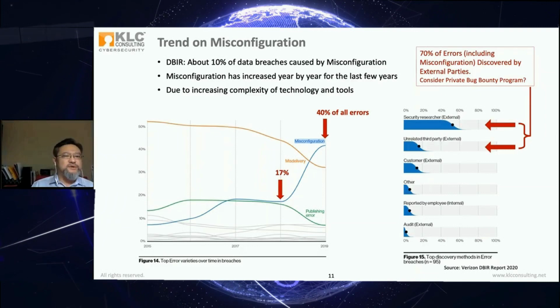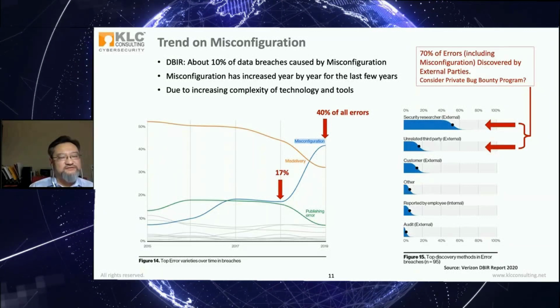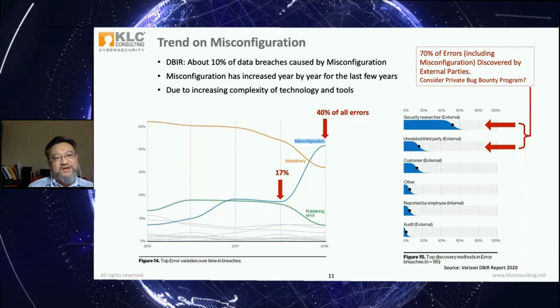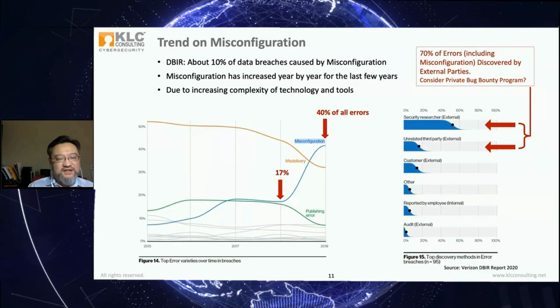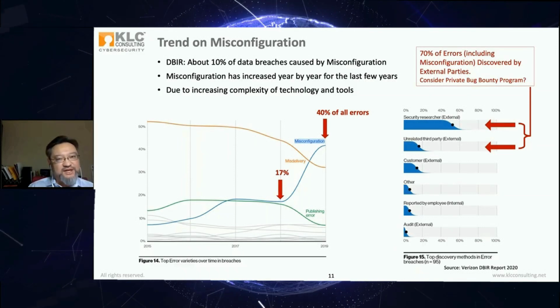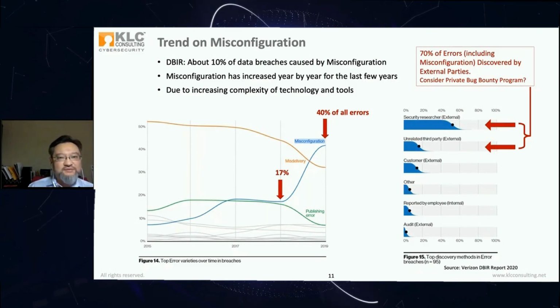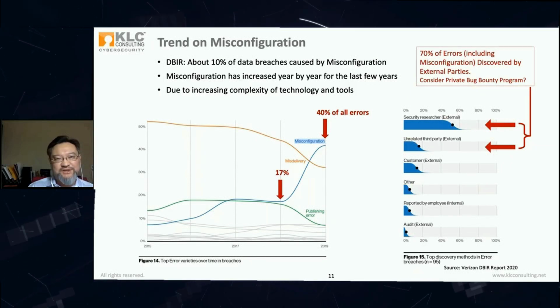Some of you will probably ask, should I actually start a private bug bounty program because vulnerabilities are found by third parties? Based on my experience, it is a good idea if you are prepared to do it, because a bug bounty is a program, it has to be managed. You have to manage the external security researchers. Although they are good, sometimes it will take a lot of time and commitment, and it's sometimes a little bit difficult to deal with external researchers as well. Most of them are good though, but you just have to prepare to deal with them.